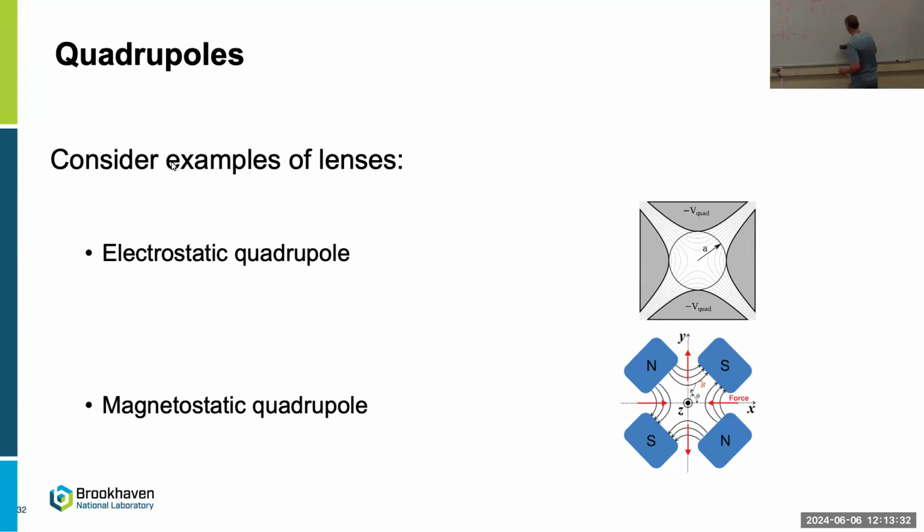It's a V cross B. And after I linearize this, after I plug in this type of fields for quadrupole, I arrive at a very simple expression: x double prime minus EG over gamma beta mc squared times x equals 0. And then for the vertical motion,